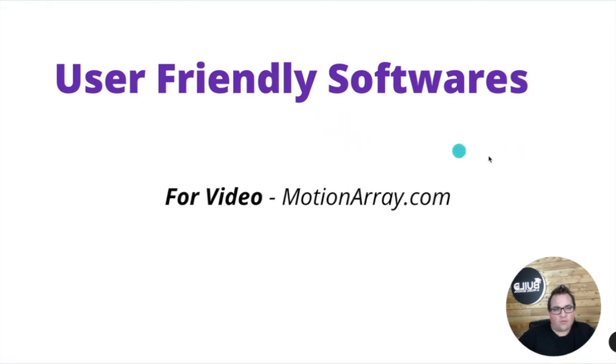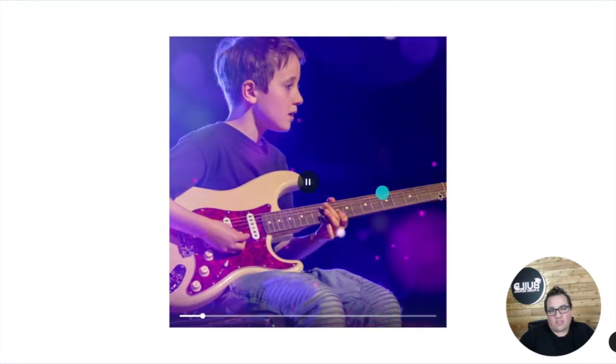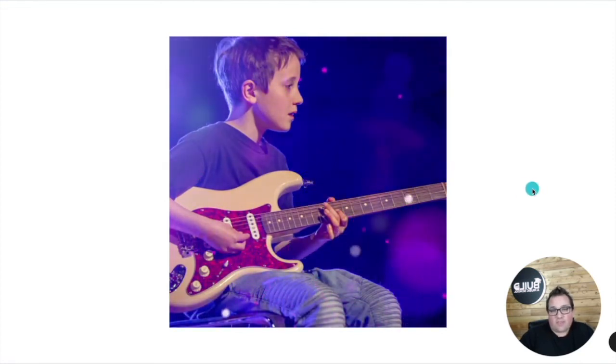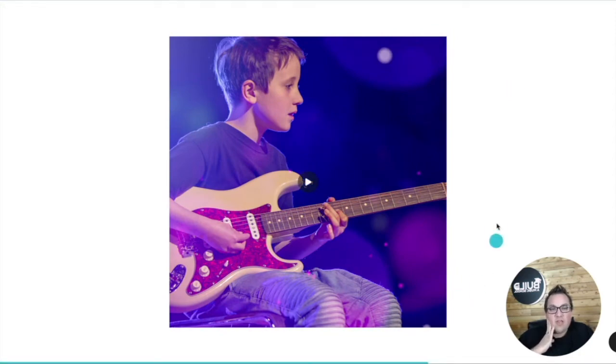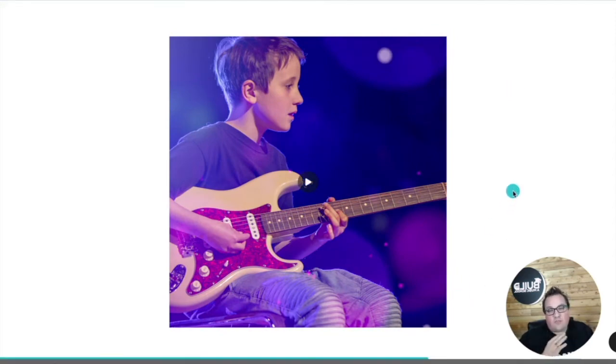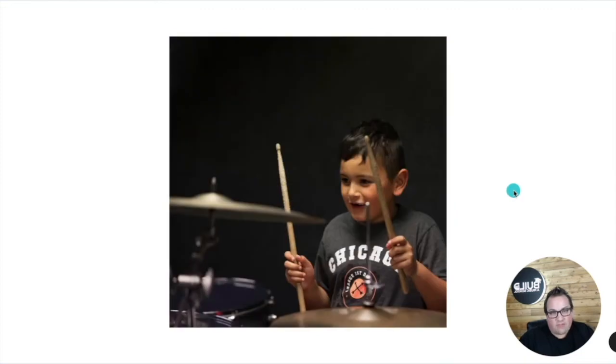What about video? So we're going to do some video stuff now. Motion Array is a really good user-friendly video software. There's hundreds more, but you're looking for something that can do something slightly more pizzazz, a bit flashier, but you can start with things like this. This is just a photo. So the photo is not moving. It's just a little overlay, and it's just going to make that image pop more as people are scrolling through their feed. You can do simple things like that. It's the most basic level.